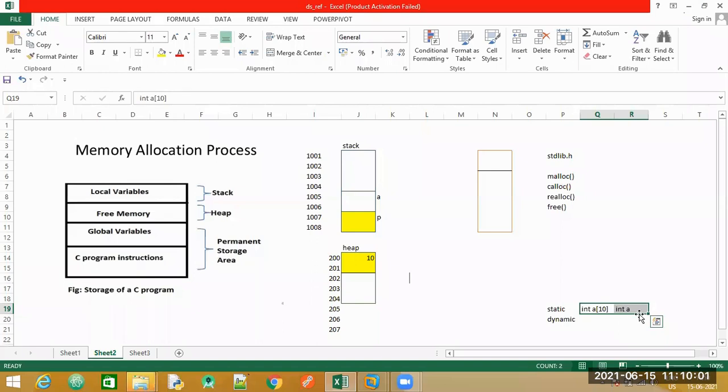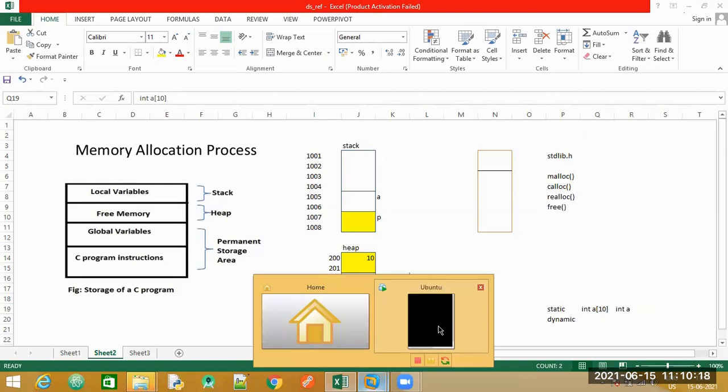Whenever you declare such variables in your main function, I hope you at least remember the categorization of local variables and global variables. All these will be put up in this stack section. Now, we have understood the stack section. I showed you this program also.